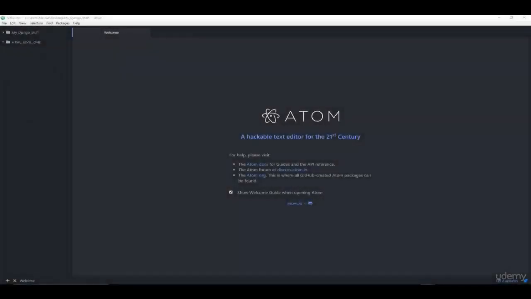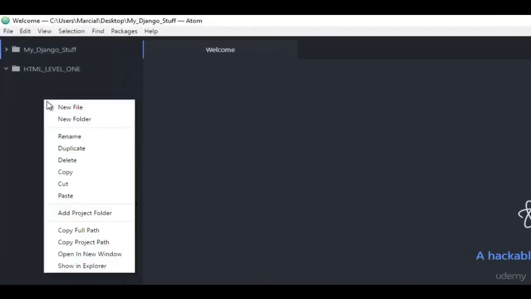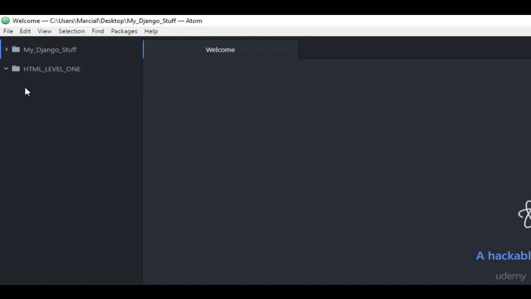Alright, here I am at the Atom text editor. As a quick note, you can either just code along and create new files in the project folders that are provided for you as a download to the course, or you can add your new project folders or new files as you go along. It's really up to you. You can always just right-click and click a new file, new folder, or just add a whole new project folder, so you can see a new folder over here. I've already created a project folder. I've called it